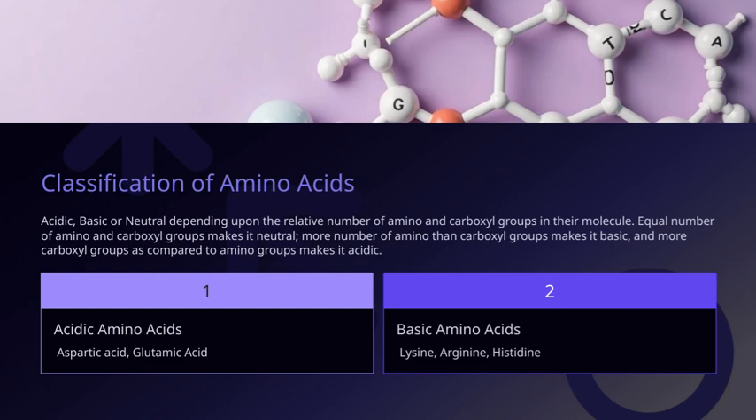Now, what's really interesting is how amino acids are classified as acidic, basic, or neutral. This depends on the relative number of amino groups and carboxyl groups in their molecules. If the molecule has an equal number of amino and carboxyl groups, it's considered neutral. If there are more amino groups than carboxyl groups, the amino acid is classified as basic because it tends to accept protons. Conversely, if there are more carboxyl groups than amino groups, the amino acid is acidic since it tends